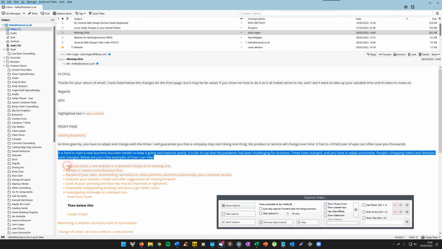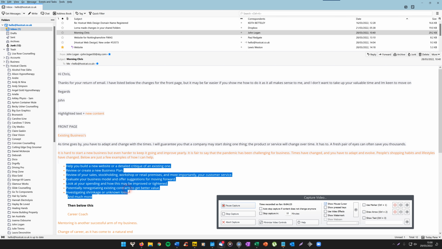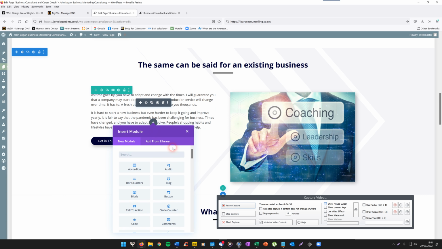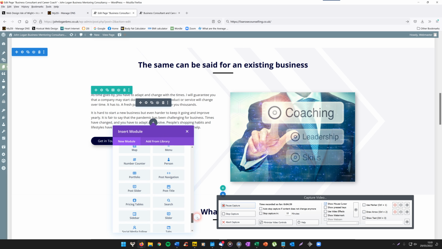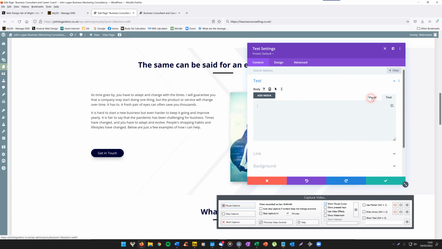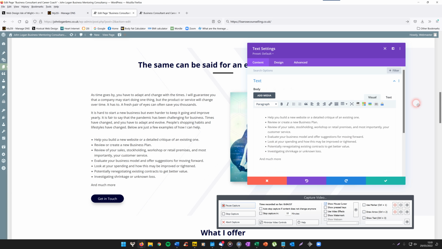Right, now I'm also going to get the bullet points, so I copy those. I'm going to make a new text module for this. So when you hover over it, see a little plus sign, click on that. It says insert module, scroll down till you find the text module, put that in. You'll see some text already there, which is just placement text. Now this is a bit contradictory, but with these bullet points I'm going to use the visual so that will already be done for you. So if I paste,